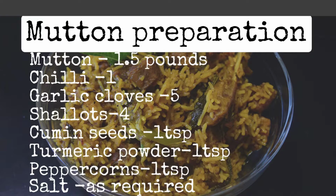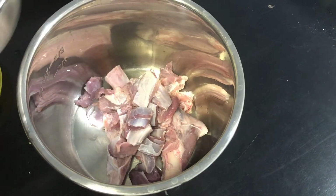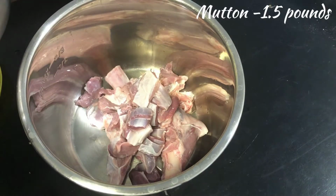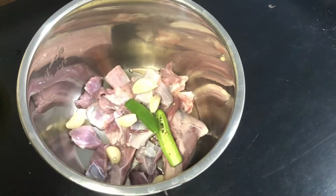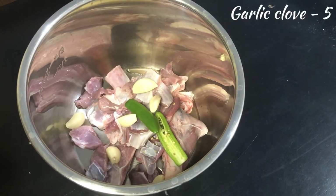Let's start with cooking the mutton first. For this I'm going to use an instant pot. I have taken about 1.5 pounds of mutton. To this I'm going to add 1 green chilli which I have split into half, 5 garlic cloves,